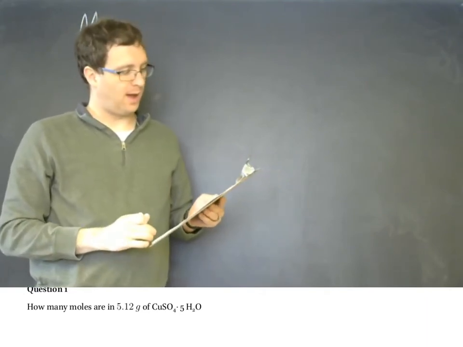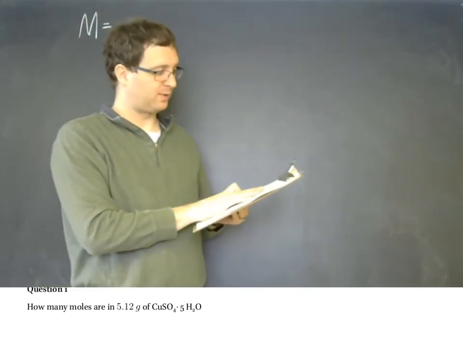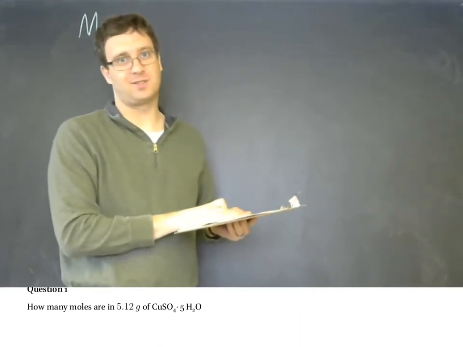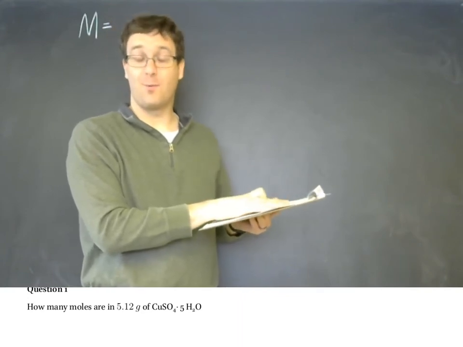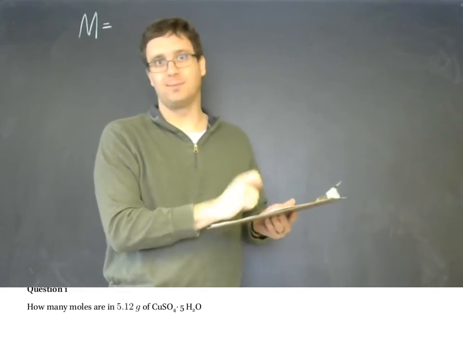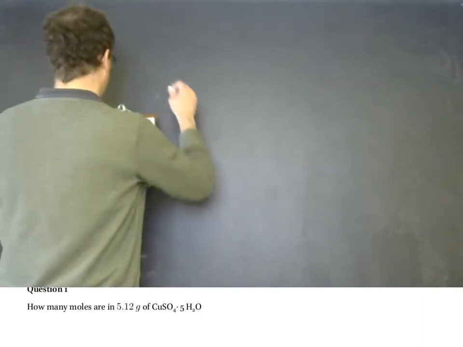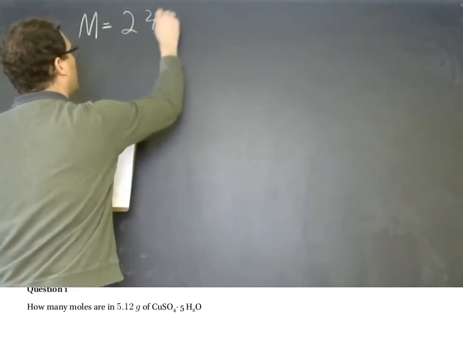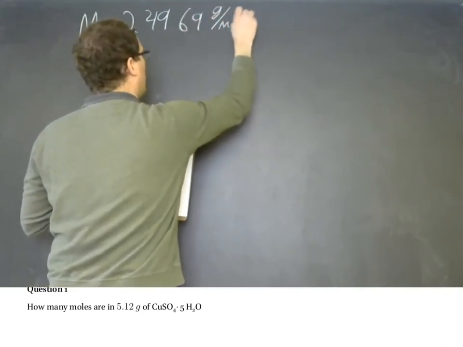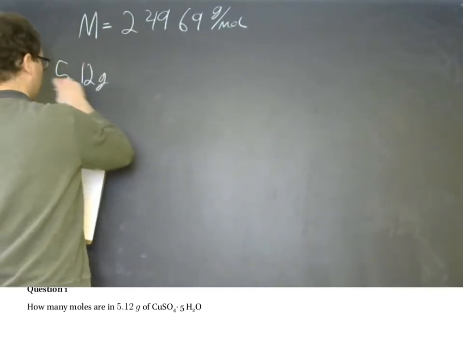And so when you're finding the mass, you take the atomic weight of copper, the atomic weight of sulfur, and then actually 9 times the atomic weight of oxygen. 4 of them in the sulfate, and then 1 for each of the 5 waters is a total of 9 oxygens. And then 10 times the atomic weight of hydrogen, because there's 2 for each of the 5 waters. In the end, this is 249.69 grams per mole. So that 5.12 grams,